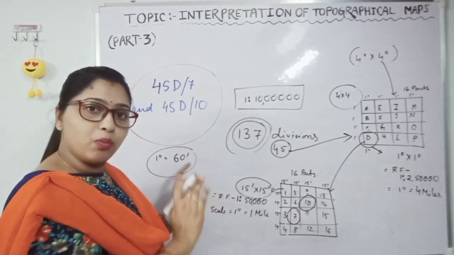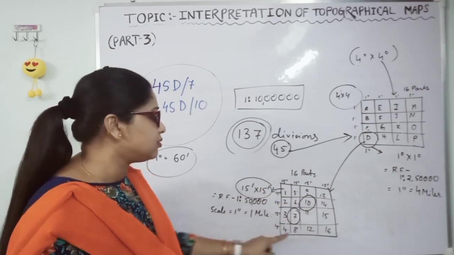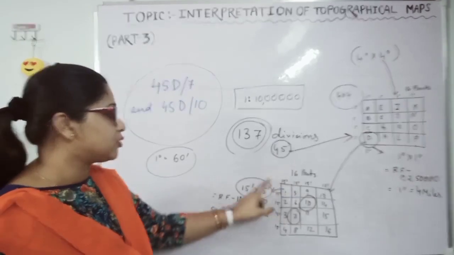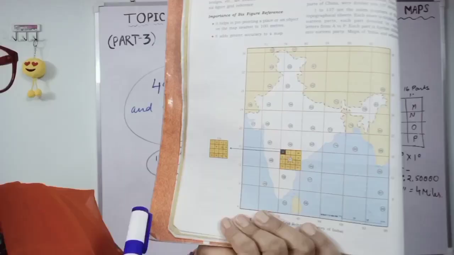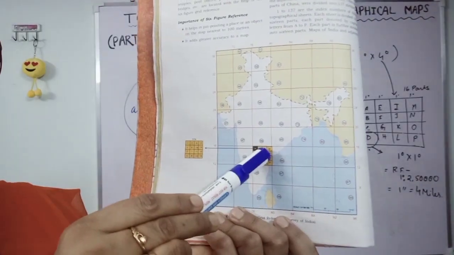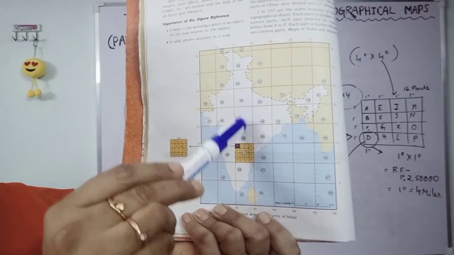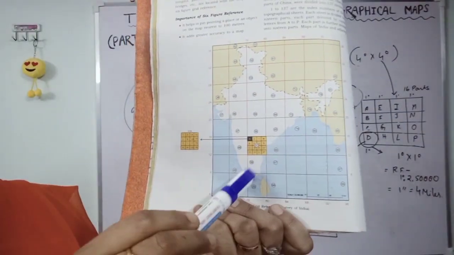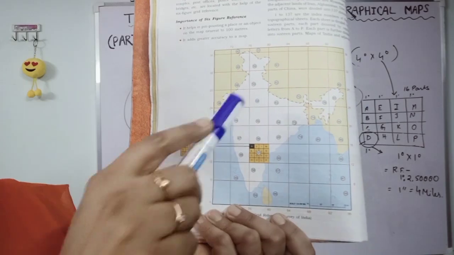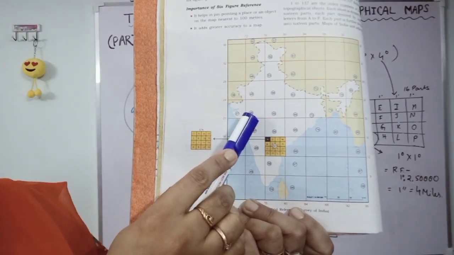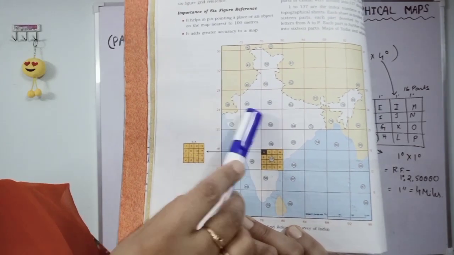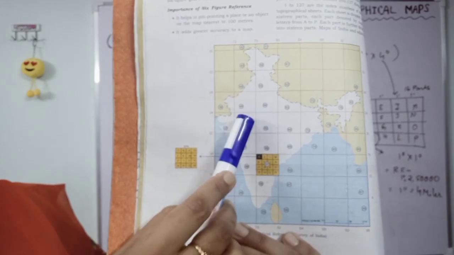Okay, is it clear? The 1 degree by 1 degree grid is divided into 16 more parts, and here I am showing that the first 1 grid is equal to 15 minutes and 15 minutes. Here students, you are seeing the Indian and adjacent area which the Britishers had surveyed, and they divided it into different parts. Actually not all the parts are shown in this map, but we have got 137 divisions, and according to that, here you see number 45, which is the main concern of ours, which we are going to learn.